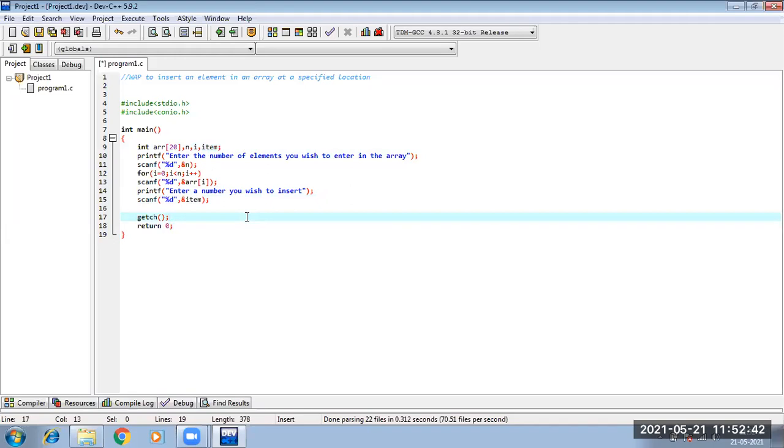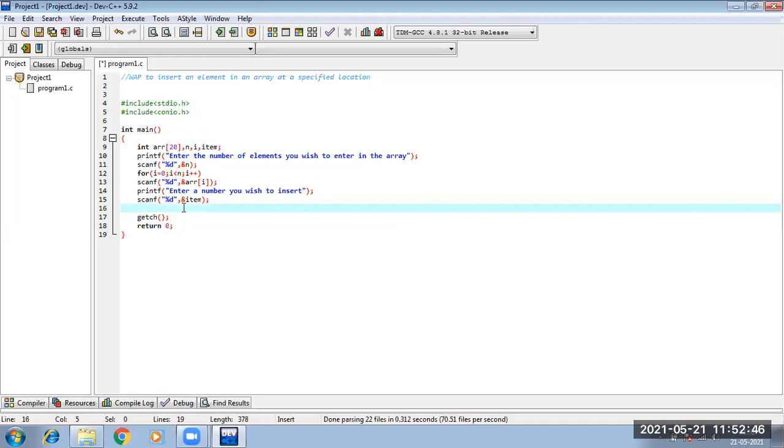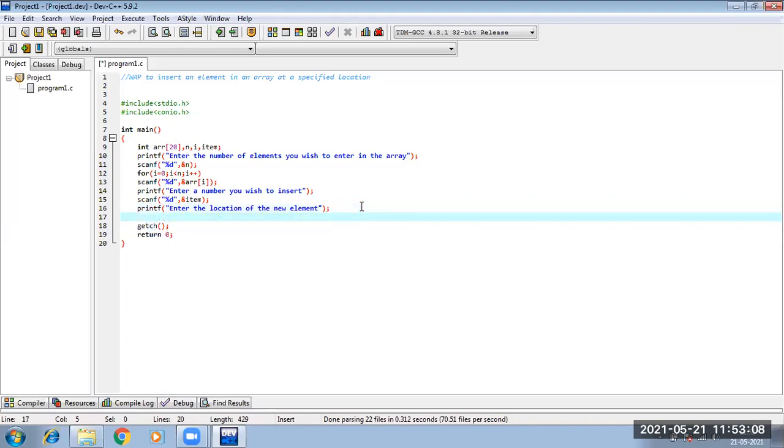The next is they will want a location from me where I will want to insert this element. So there will be another printf statement. It will say enter the location of the new element which you want to insert. And in my algorithm, I took the location to be at k.